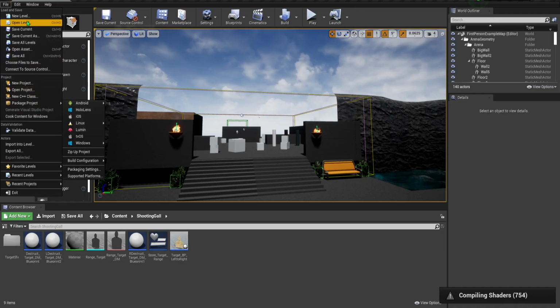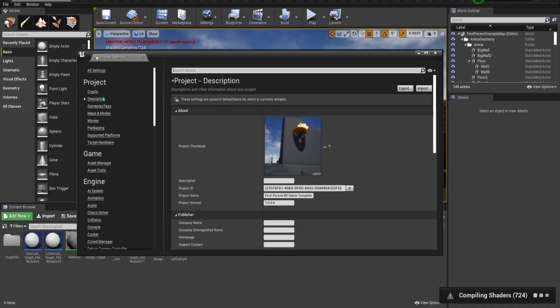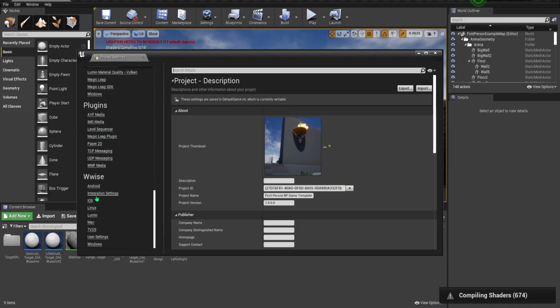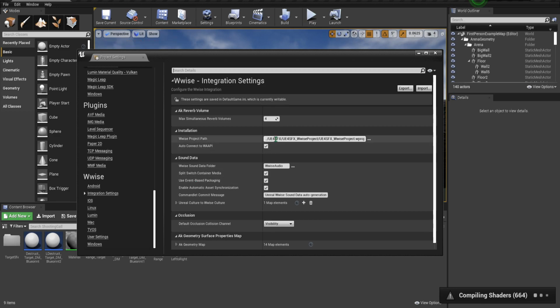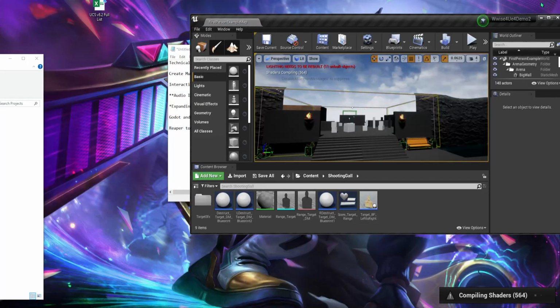Let me make sure that everything's connected. Everything should realistically work, but of course, old projects.